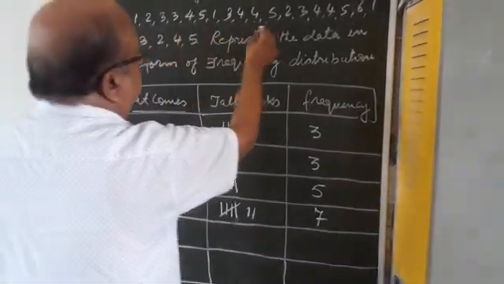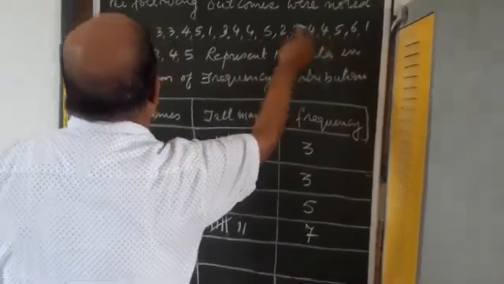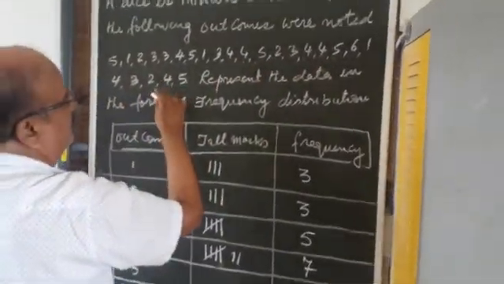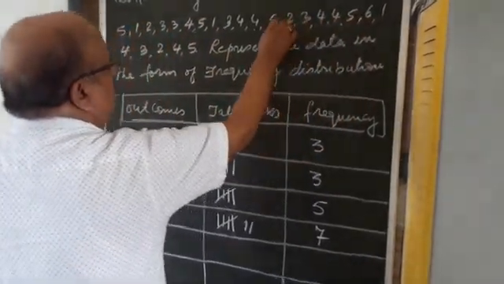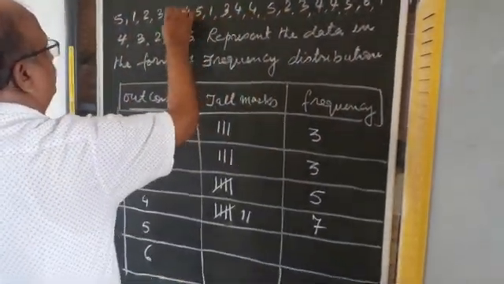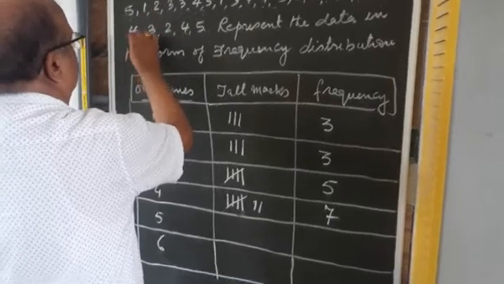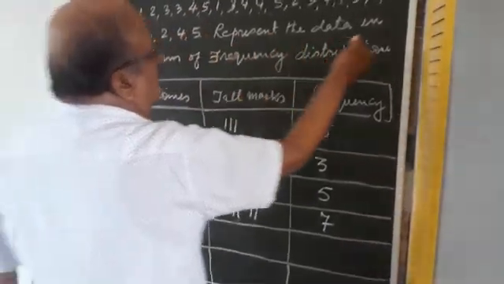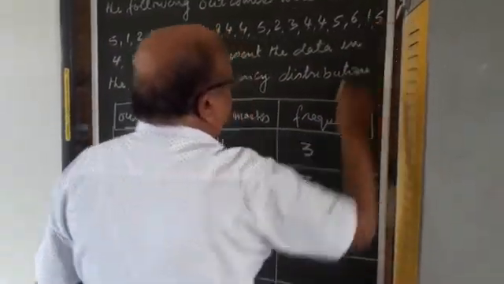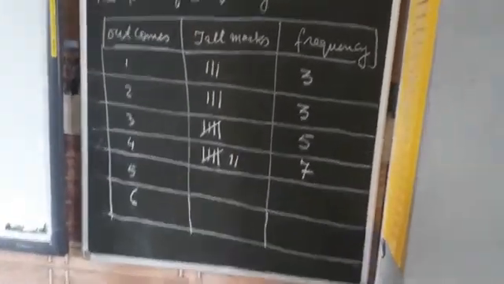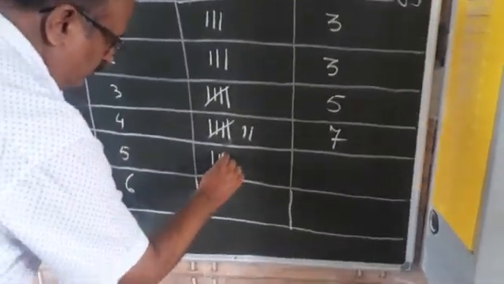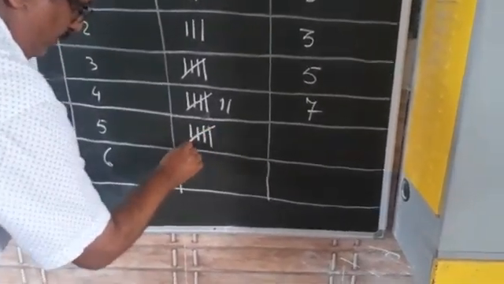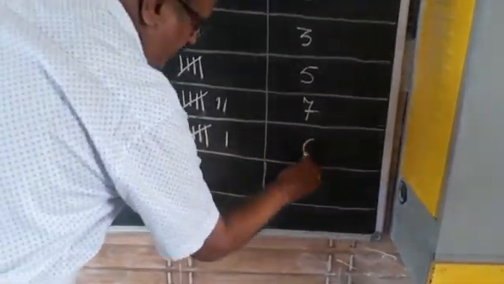1, 2, 3, 4, 5. Suppose one more 5 was missing here. 1, 2, 3, 4, 5, 6, 7, 8. Yeah, one more 5 was missing here. So we have 5 twenty-five times. So 5 is going 6 times. That is 1, 2, 3, 4, 5, and 1, 6 times.